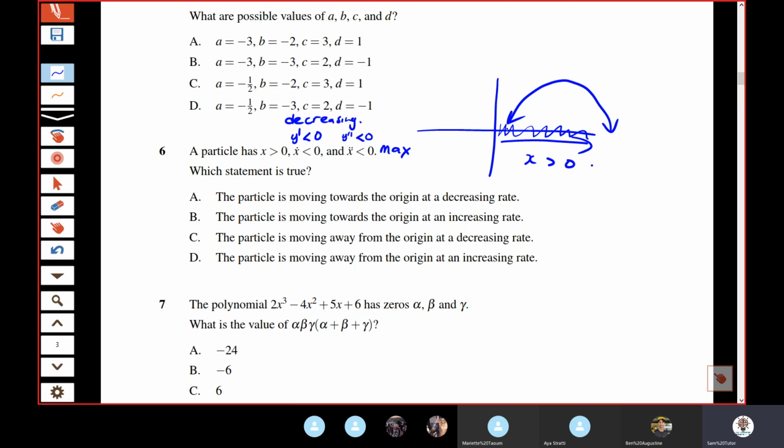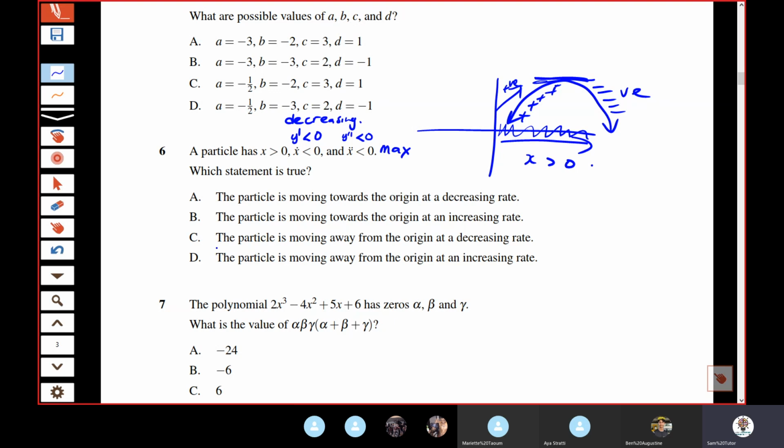Where is this thing decreasing? Is it decreasing from the left side or is it decreasing from the right side? It's obviously flat there. It's not increasing or decreasing there. Where is it decreasing? Well, those are all positive gradients, so it's increasing. These are negative gradients, right? Slope to the left. So it's decreasing here. So the answer is the particle is moving away from the origin, as you can see now,